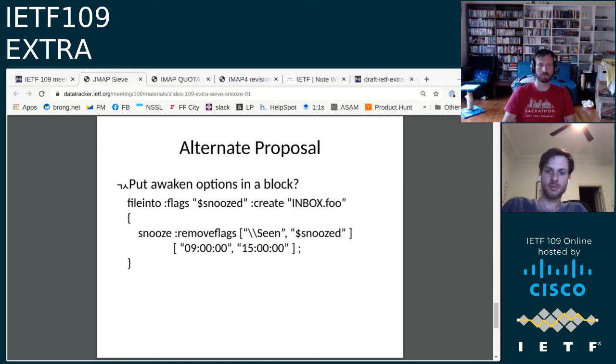The other issue we have in our implementation is because we actually have a snooze mailbox that an IMAP client can see, the user could fiddle with flags and change something that they may want to have set or unset when it actually does get awakened, right? Yeah, but this is really you're expecting the user to project how this is working for your implementation. If they mess with flags, they probably know what they're doing. Well, I mean, yeah, it depends which flags. Obviously, clients make it very easy to change things like the seen flag and flagged, etc.